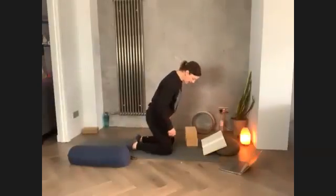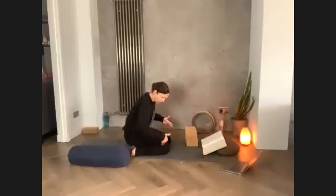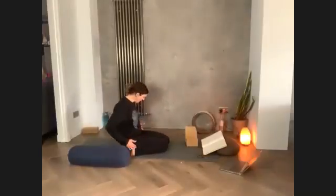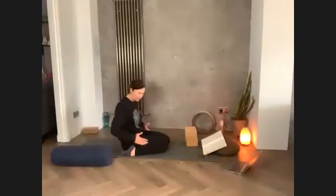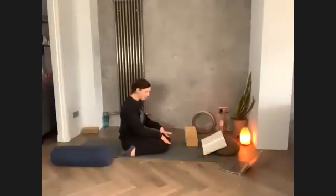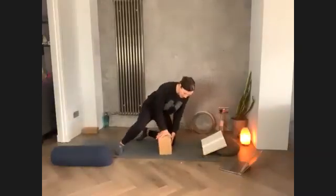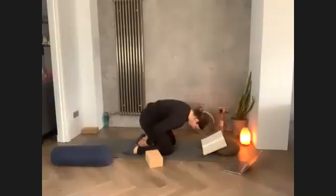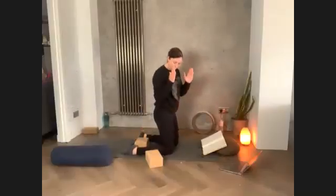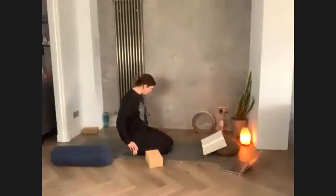And then the full version of this pose is you would bring your bum in between your heels and come all the way down, threading the outside of your heels along the outside of your thighs. A lot of people's knees are not happy with that. So what we do is just build the pose up. So you can take 1 block, 2 blocks, whatever you're comfortable with. Bring it, I would say, the long way in between your bum and just test it out,